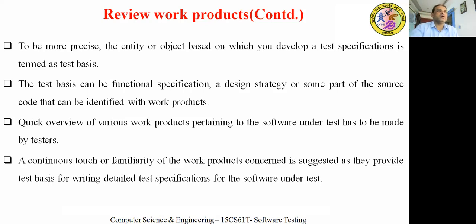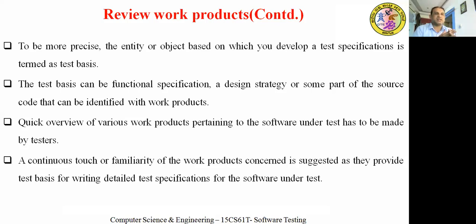To be more precise, the entity or object based on which you develop a test specification is termed as test basis. The test basis can be a functional specification, a design strategy, or some part of the source code that can be identified with the work product. What can be the test basis?